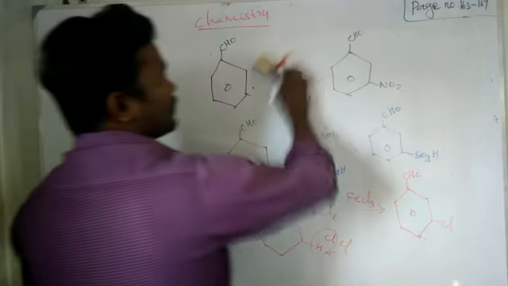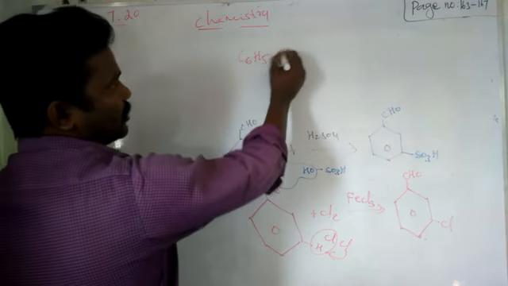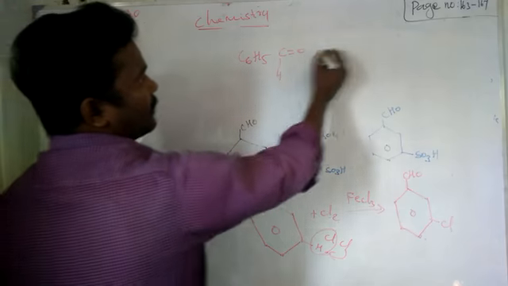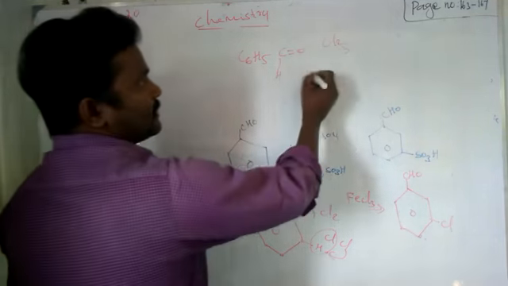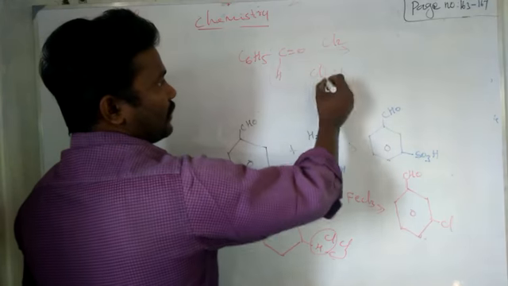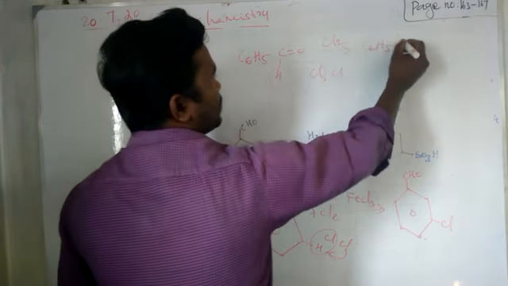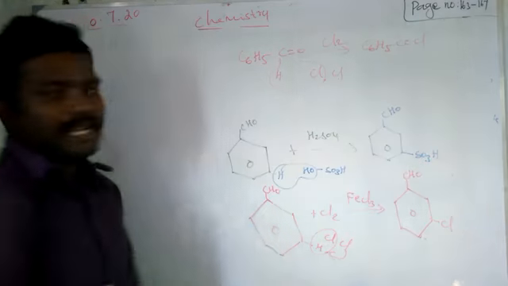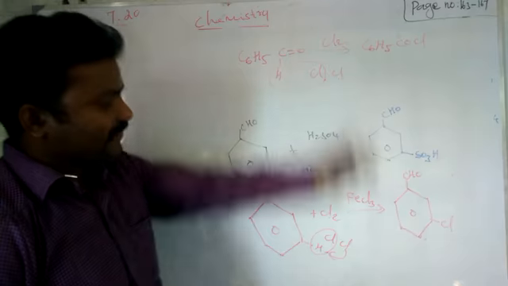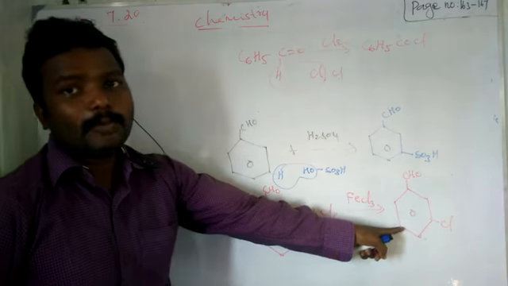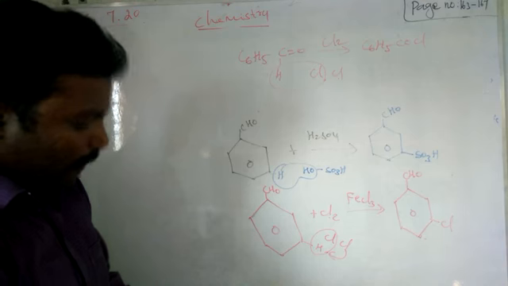Already I told you that in the presence of catalyst, chlorine will give chlorobenzaldehyde. But when benzaldehyde reacts with chlorine in the absence of catalyst, what will happen? The H will go as HCl, Cl will add, and benzoyl chloride will form, C6H5COCl. What's the name of the product? Benzoyl chloride. So the presence of catalyst gives meta-chlorobenzaldehyde, and this one is benzoyl chloride.